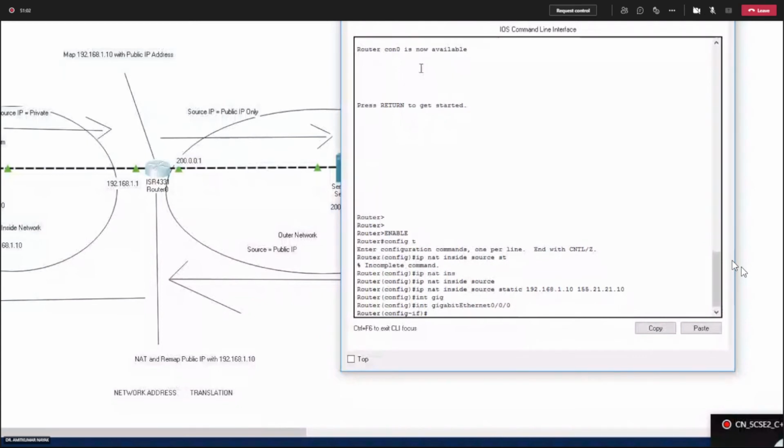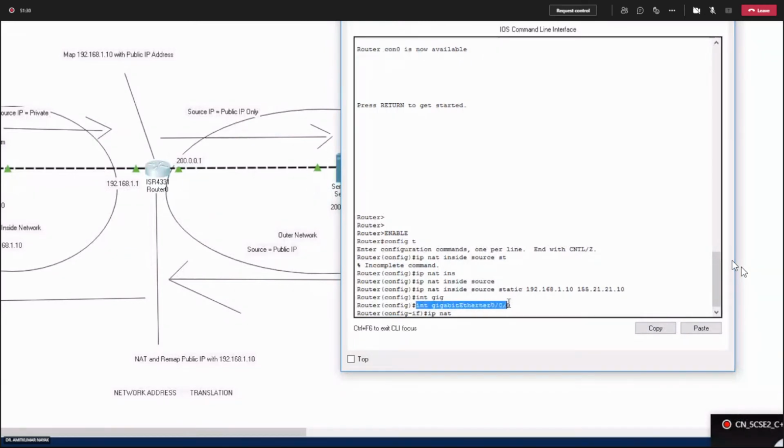If we consider this interface gigabit Ethernet 0/0/0, then we have to type ip nat inside or outside with this interface. You have to type this command. This will map the private IP address with the public IP address, and then